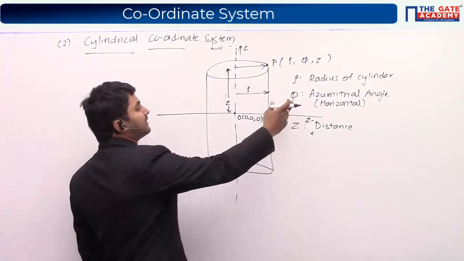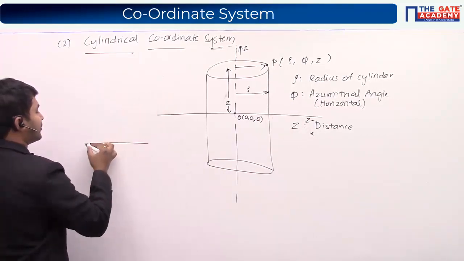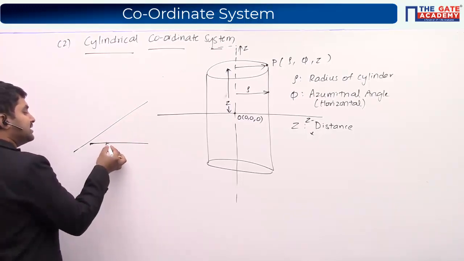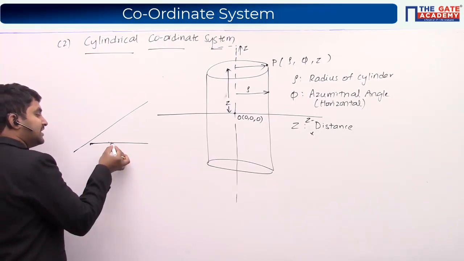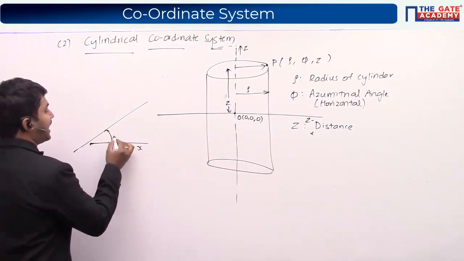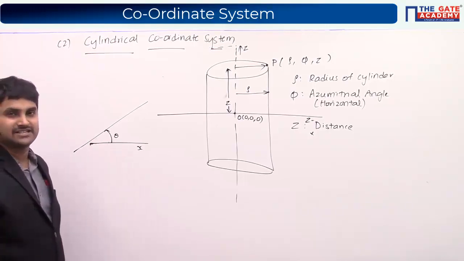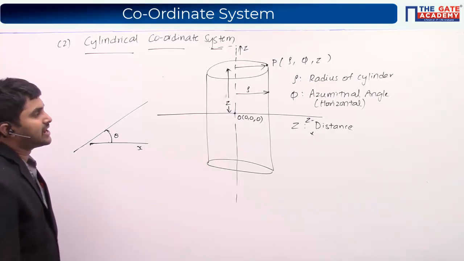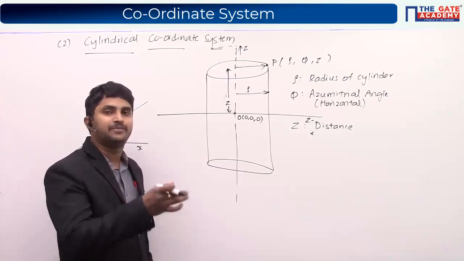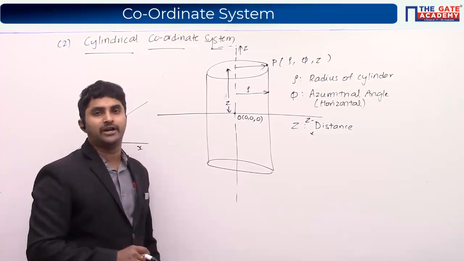So what is this particular angle phi? Generally, when you want to represent an angle, say this is the x-axis and this is a line, the angle we generally talk about is the anti-clockwise angle from the x-axis, which is the norm. Here too, we talk about the angle subtended by any particular point from the x-axis.